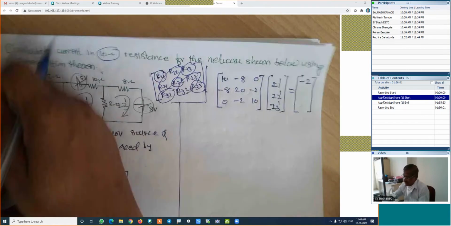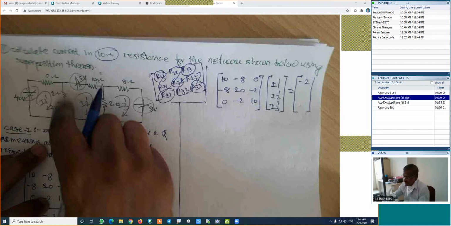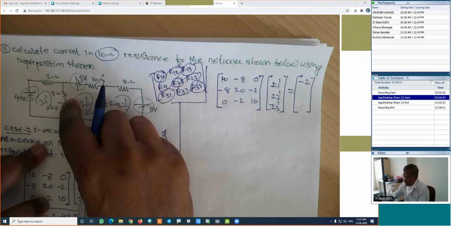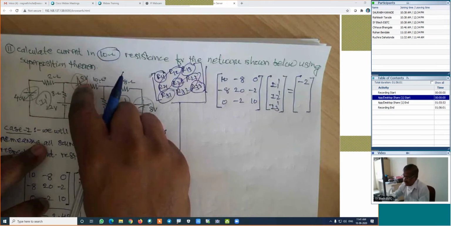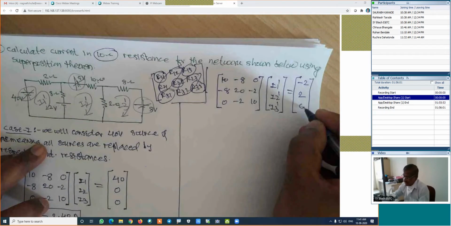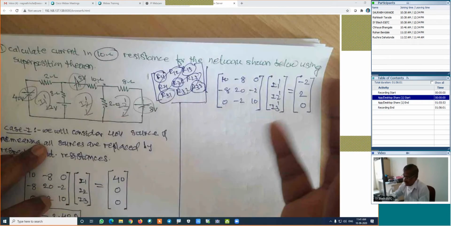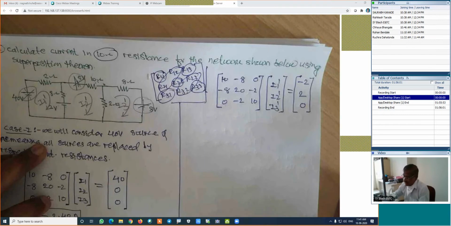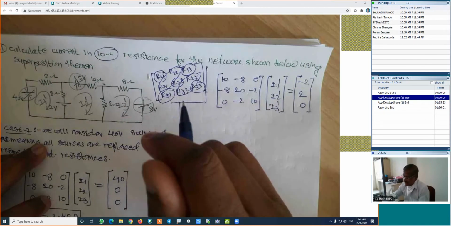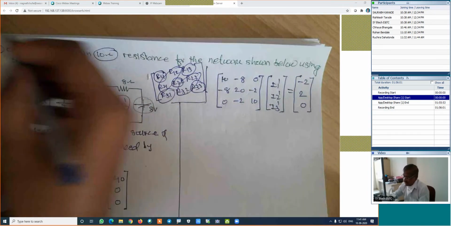For loop 2, we will move in the clockwise direction, negative to positive, plus 2. And for the third loop, there is nothing, 0. अगर ये दोनों present होता, किसी और case के मैं discuss करूँ, because in the superposition theorem, only one will be available at a time. Is it right? अगर मैं किसी और केस का बात करता जिसमें दोनों भी exist है, तो in that case,